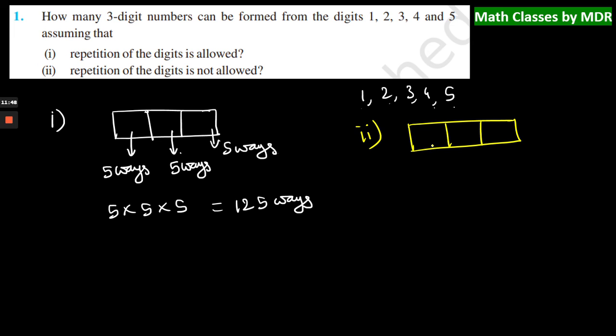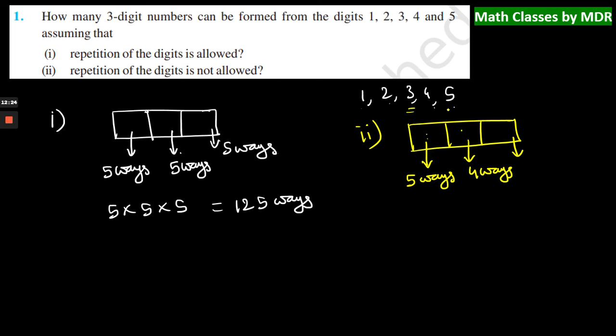Right, so let us see the first one. The first one is a free one, so I can use any number 1 or 2 or 3 or 4 or 5. So there are 5 ways we can use here. If I have used one number here, then I cannot use that again, so only 4 numbers are available for filling this box. That means 4 ways I can fill this tens digit. And what about this units place? I can fill it in only 3 ways, because already 2 numbers are used in the hundreds place and tens place. These 2 numbers cannot be used again.